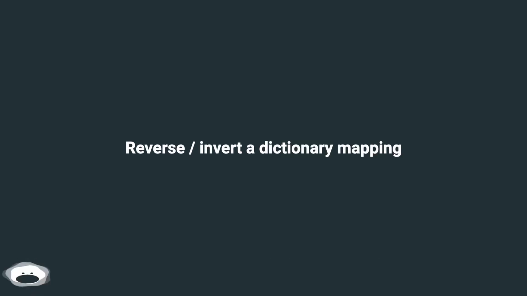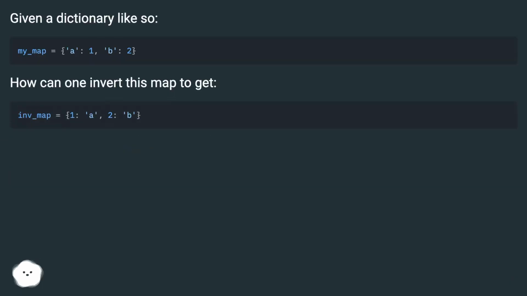Reverse/invert a dictionary mapping. Given a dictionary like so, how can one invert this map to get